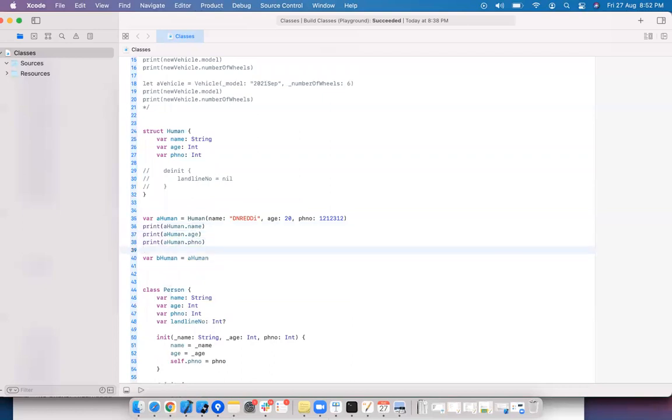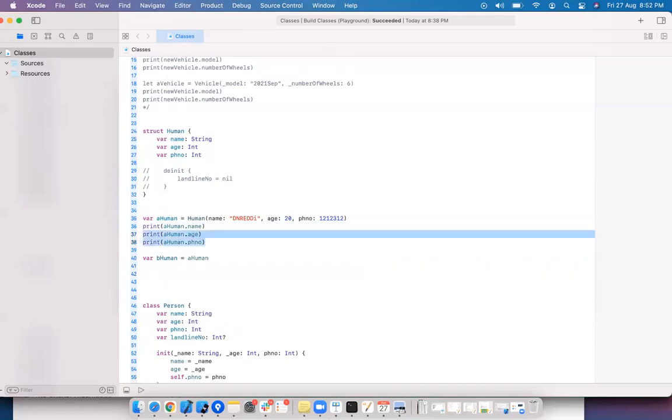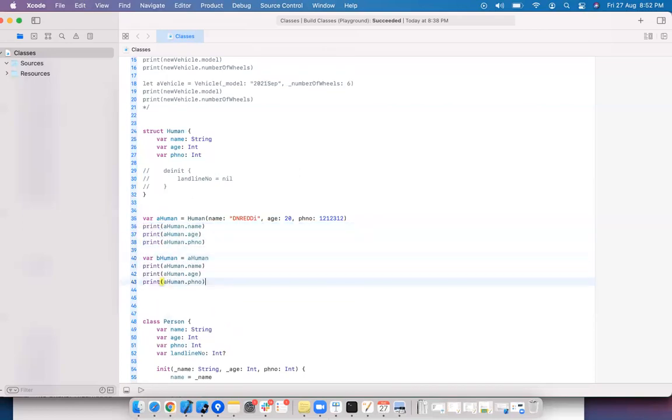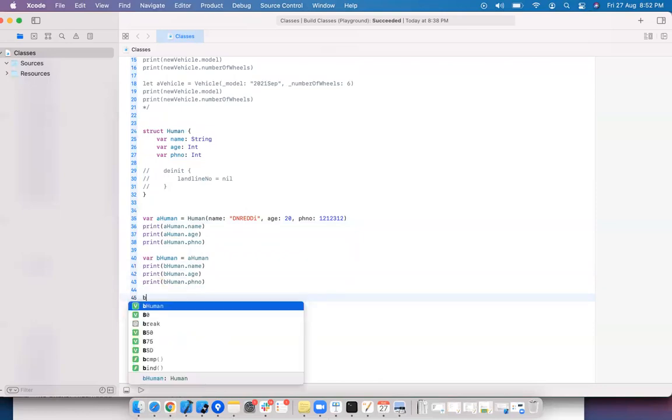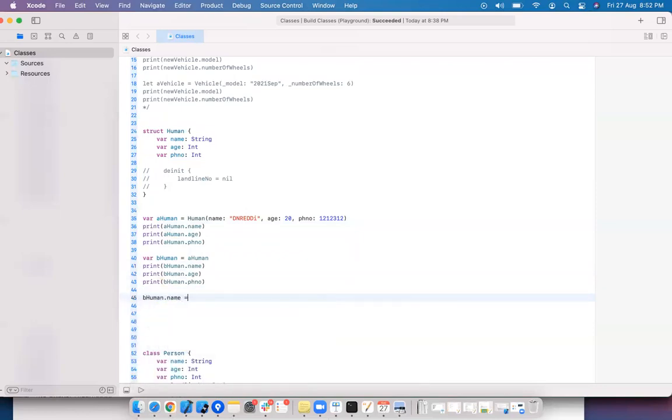Phone number. Now I'm creating another human object variable and assigning it the aHuman. I'm just copying it actually. Now let me print bHuman. Now I want to modify bHuman.name equal to, let's say, Aruna.